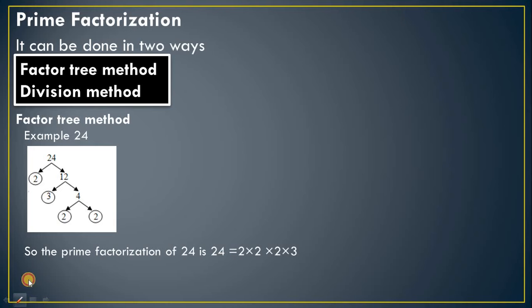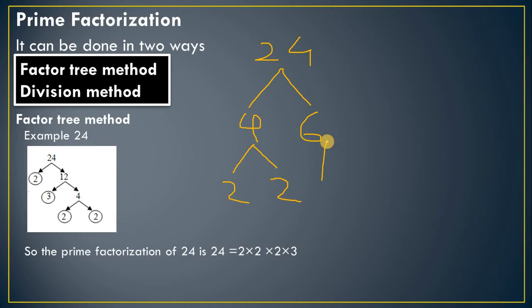So you can solve in another way also. If you are using the tree diagram and taking the same number 24, you can split it another way, like 4 into 6, that is 24. Then both are not prime numbers, so you split both numbers. 2 into 2 is 4 and 2 into 3 is 6. So their prime factors will match the same. So you can choose your way here. You have to use your presence of mind whenever you plot the tree diagram.